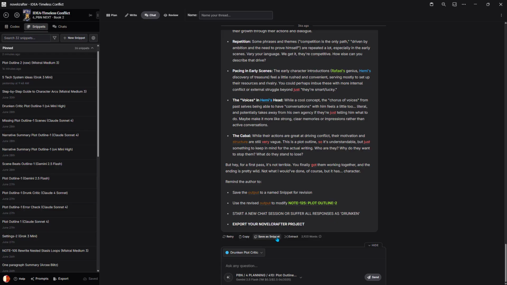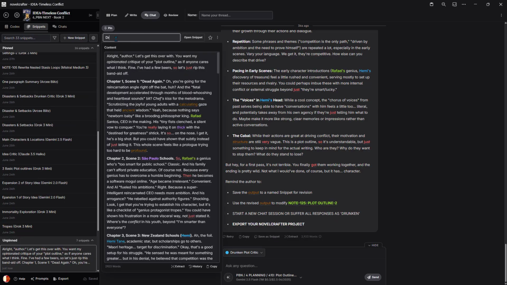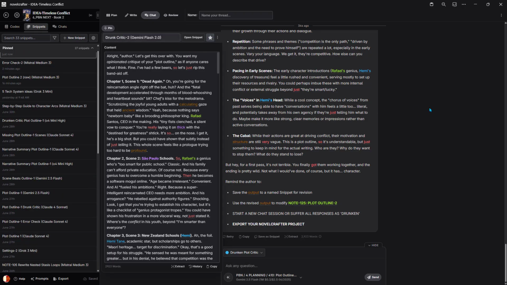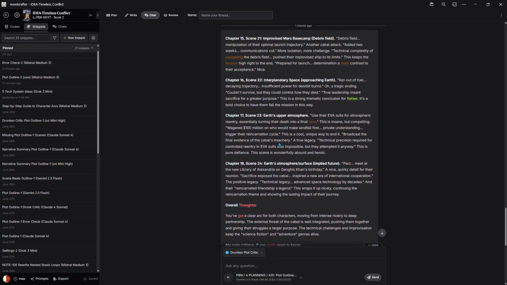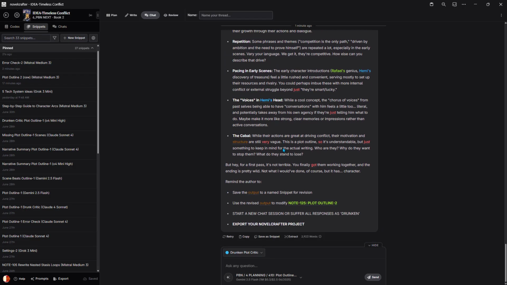So yeah, this would be another one. We'll save it as a snippet, Critic 2. And then we'd go through here and look for any valid complaints we can use to improve our plot outline. But the big thing here is that once you've saved it to a snippet, revise the snippet, then you're going to overwrite what's in plot outline 2, start a new chat session, but as it mentions here, again, we want